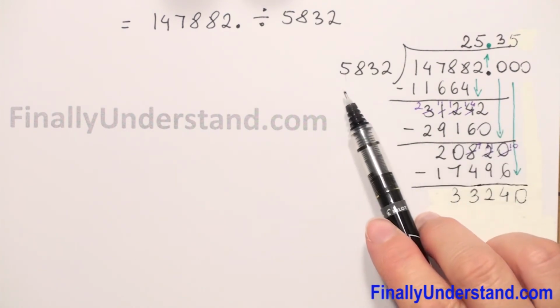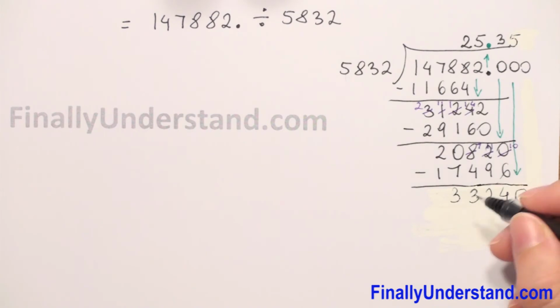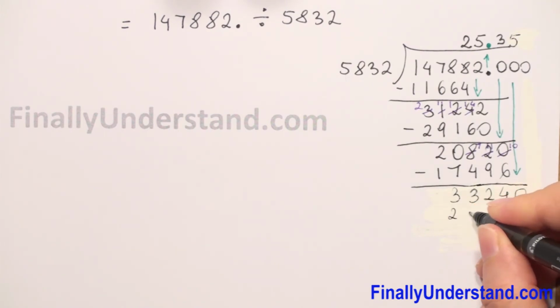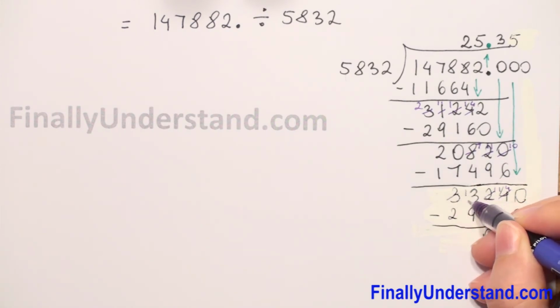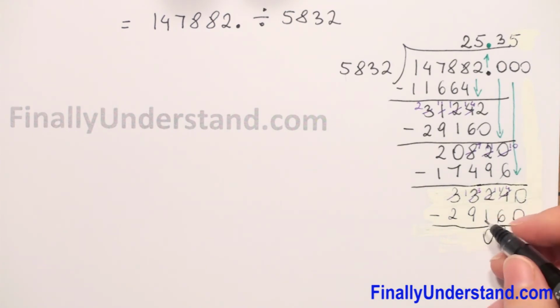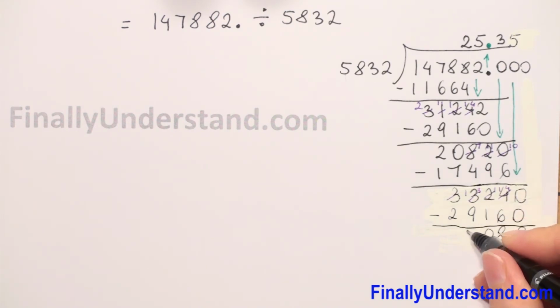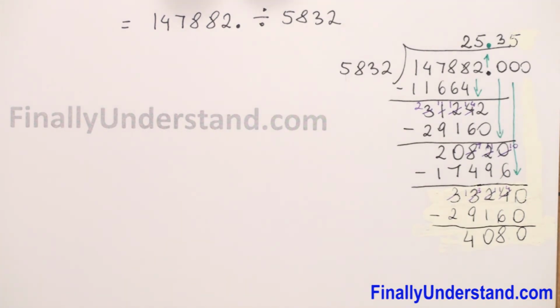So it will be 5 times 5,832, so it will be 29,160, and now we have to do subtraction. 0 minus 0 is 0, 4 minus 6, we have to borrow 1 from 2, so it will be 1, here will be 14, minus 6, so it will be 8, 1 minus 1 is 0, we have to borrow 1 from 3, so it will be 13 minus 9, so it will be 4, and we have to take down the next digit,